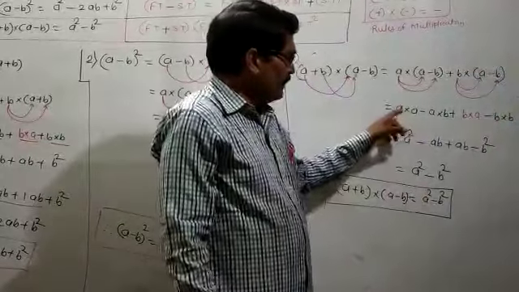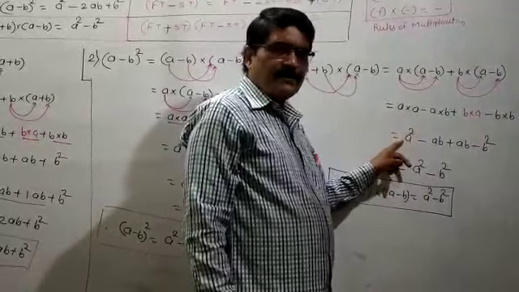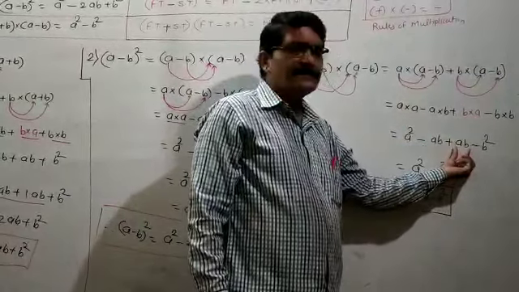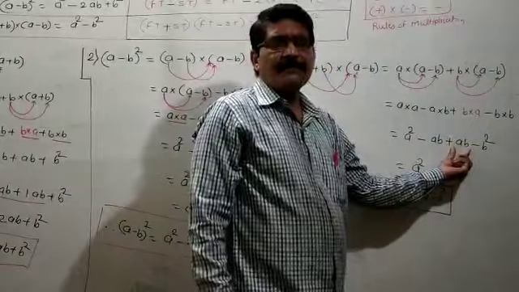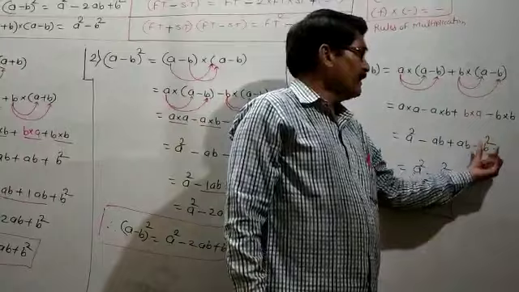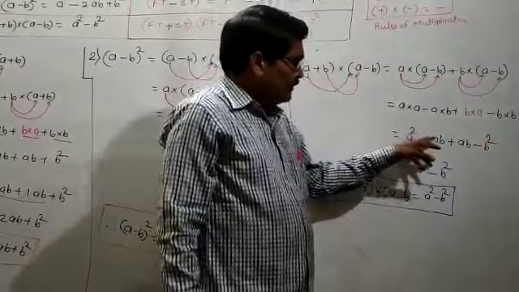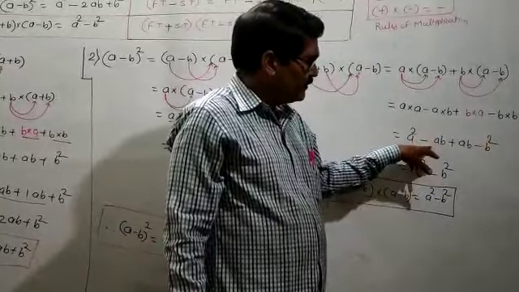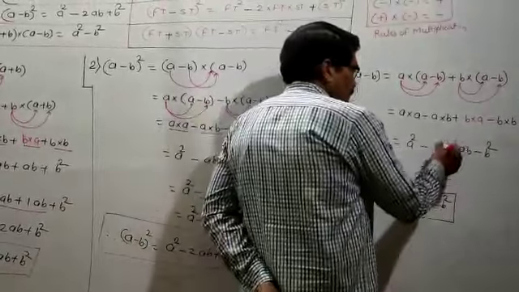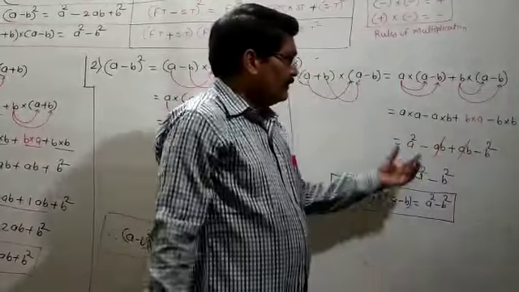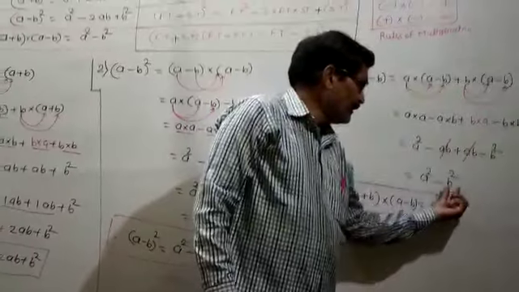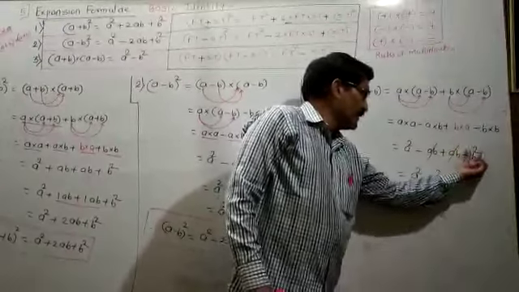Here this will be a multiplied by a, two times multiplication of a, means a square. This a multiplied by b is equal to ab, b multiplied by a is equal to ab. Alphabetically a will come first, so instead of writing ba you write ab, and b multiplied by b is equal to b square. Here this one is the like term: this one is minus ab and this one is plus ab. If plus and minus are there, you can cancel them. What remains? A square remains, this minus sign remains, and this b square remains.